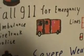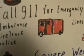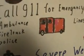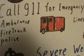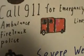With the 911 operators, whenever you call them, you tell them what the emergency reason is, and more likely they'll send help right to that location. But of course,